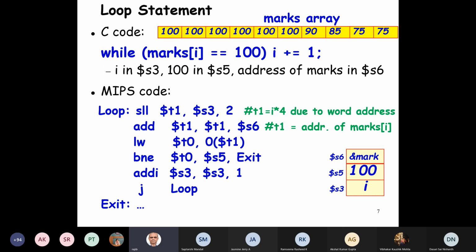And we check whether it is 100 or not. If it is not 100, we know that all the students have been examined. Those who have got 100, we have already taken care. And the first instance where we get a non-100 value, we go to exit. Otherwise, we increment I variable.